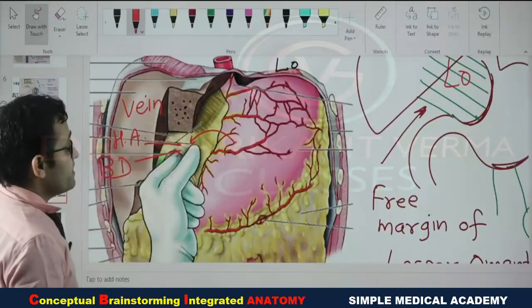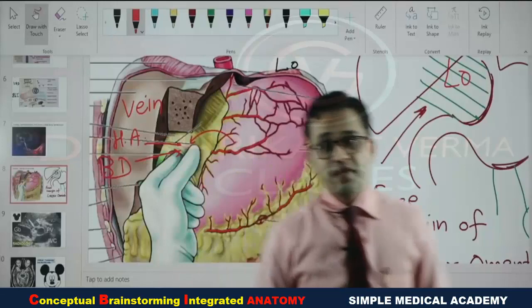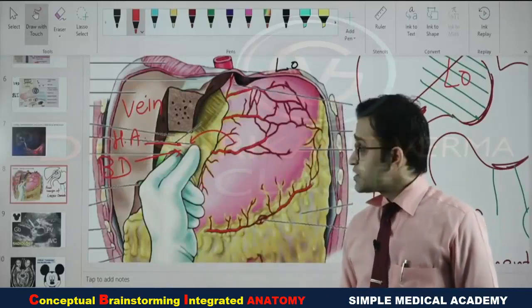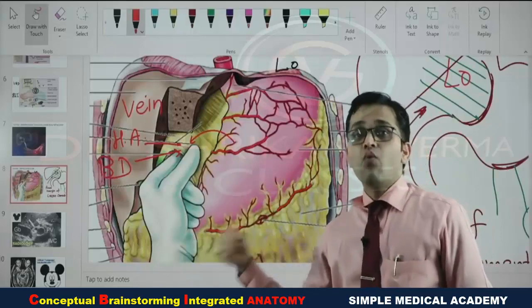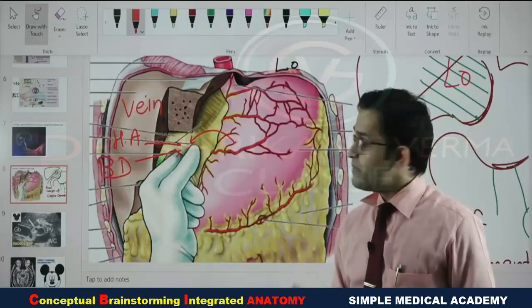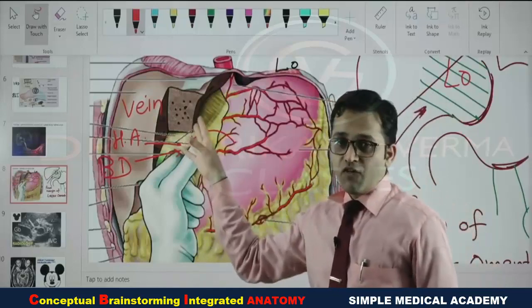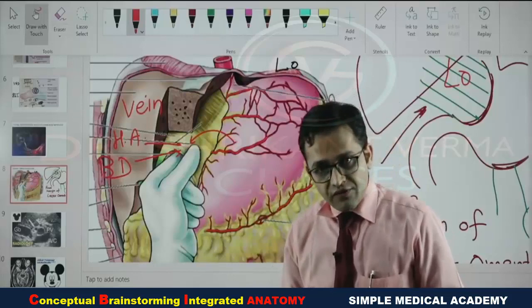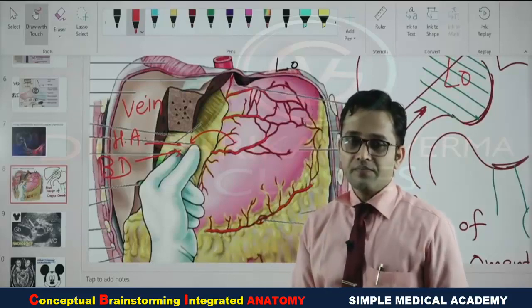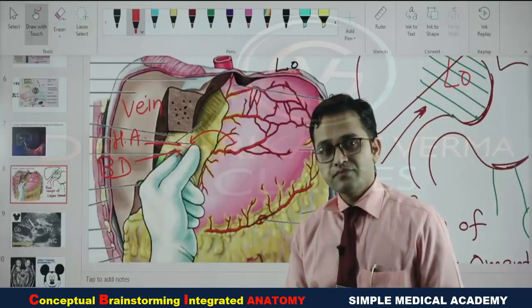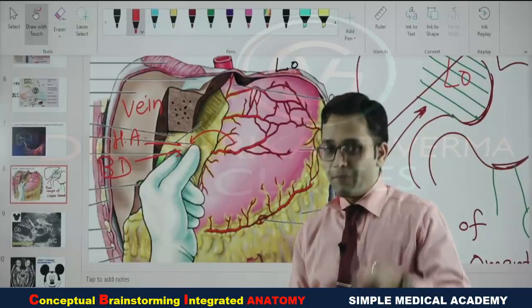So what is happening in case of the abdominal surgery, surgical operation for the gallbladder, for the liver, you have to perform the Pringle's maneuver. What is happening when you are going to perform the surgery for this liver and the gallbladder? You have to prevent the bleeding from the portal vein and the hepatic artery, as well as you have to prevent the biliary leakage from the bile duct, for which you have to compress this structure.